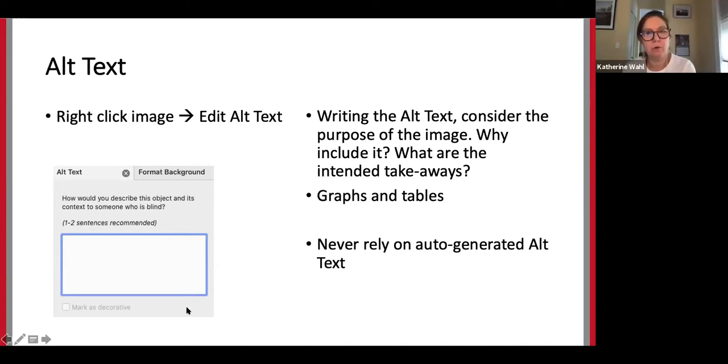Yeah, I think we could do a whole session on graphs and tables and how to describe those with alt text because they can be challenging. A lot of times with a graph, you're trying to show some data in a particular way. And I think Jen has mentioned before, it's nice to present information in multiple ways because we find that many people get the information, they get what you're trying to say if you present it in different ways.